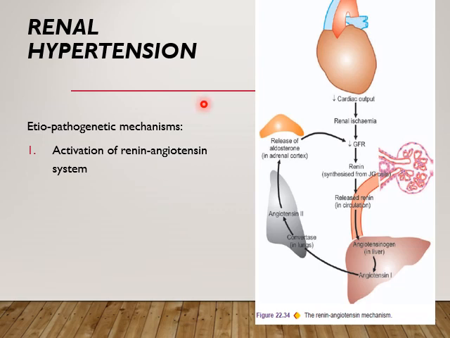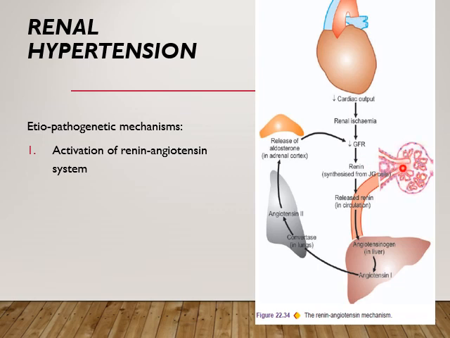The mechanism of renal hypertension should be known first. As I've already explained, the renin-angiotensin mechanism plays a very important role in causing renal hypertension. What happens here is, as we know, one third of the cardiac output is received by the kidney. So if there is any reduction in the cardiac output, it leads to renal ischemia. When there is ischemia, there will be a decrease in the glomerular filtration rate, which activates the synthesis of renin, located in the juxtaglomerular cells